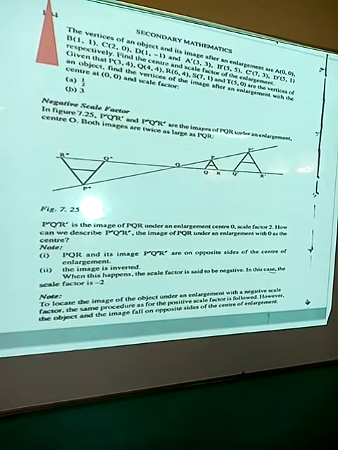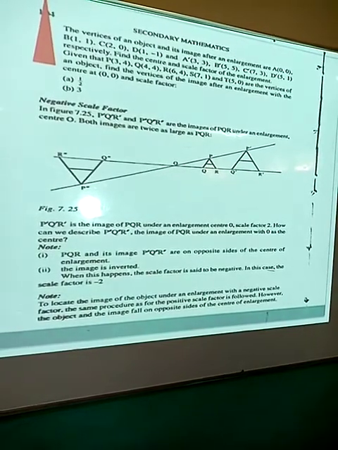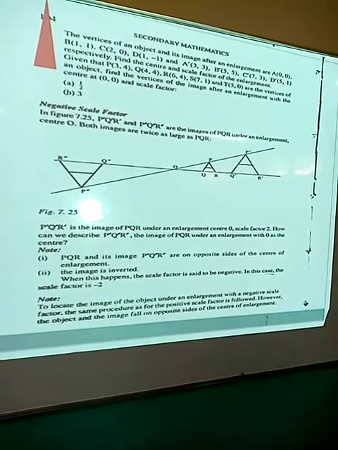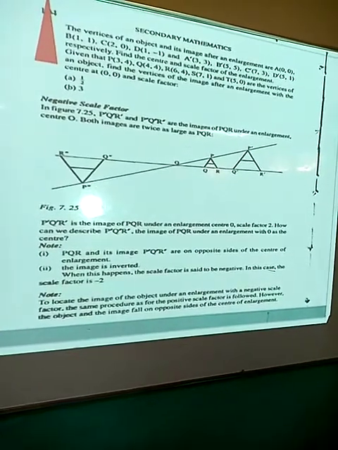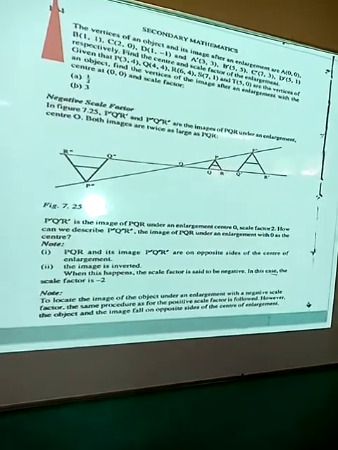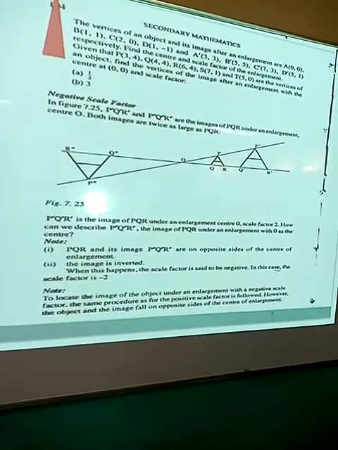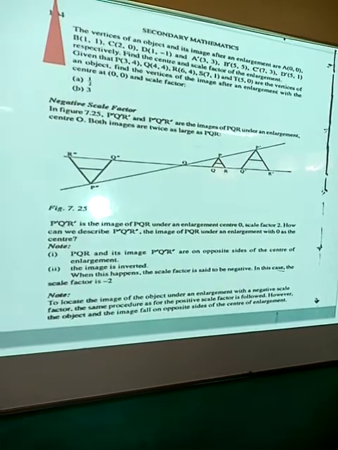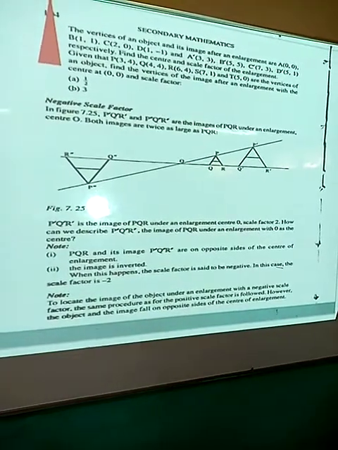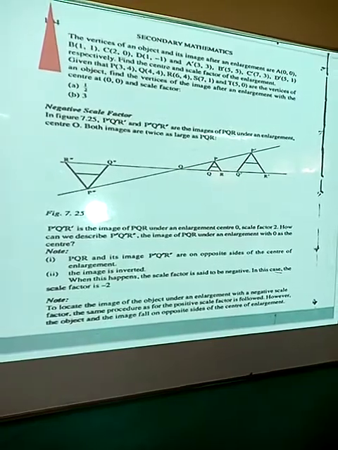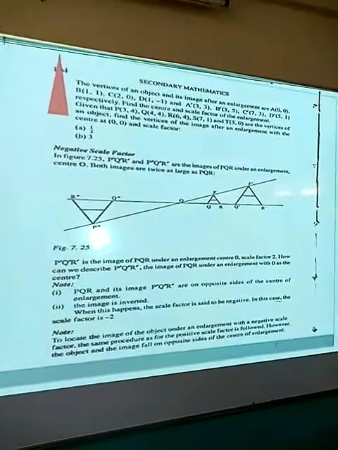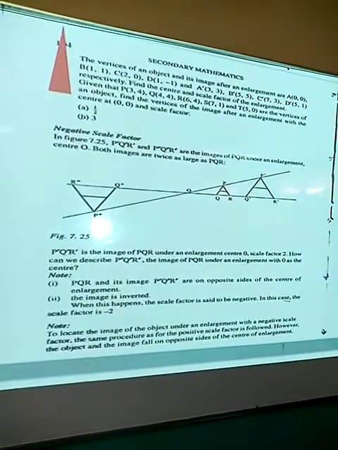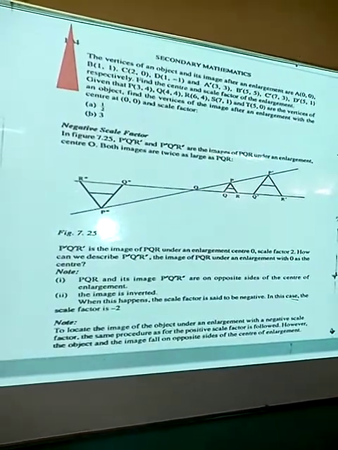How can we describe P double prime, Q double prime, and R double prime? The image of PQR under the enlargement with center O. PQR and its image P double prime, Q double prime, and R double prime are on opposite sides of the center of enlargement. The image is inverted. When this happens, then the scale factor is said